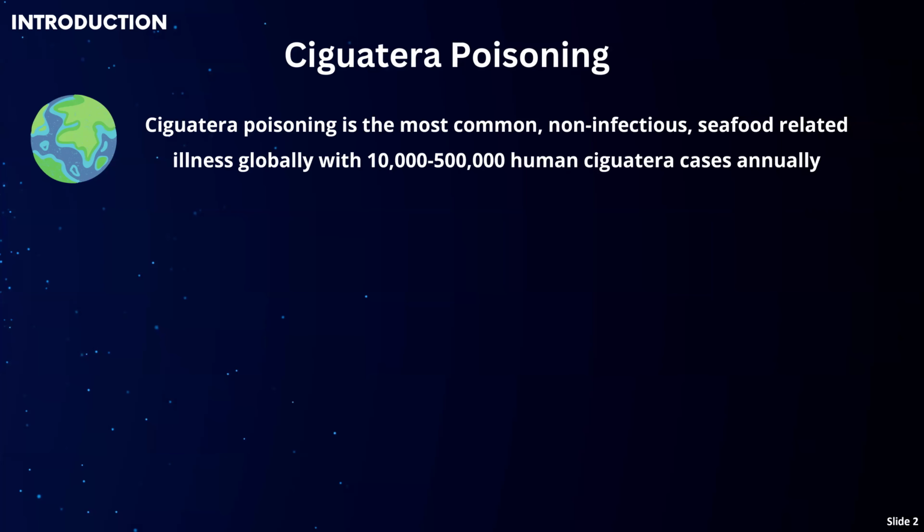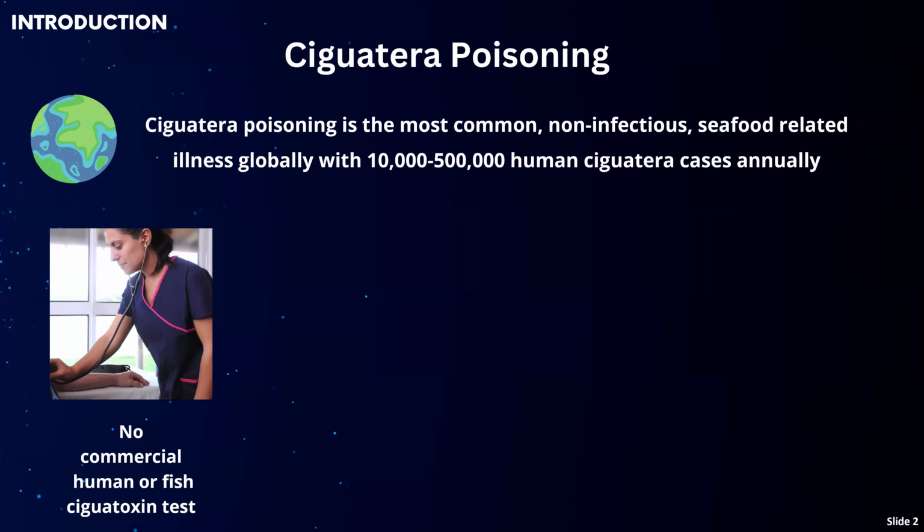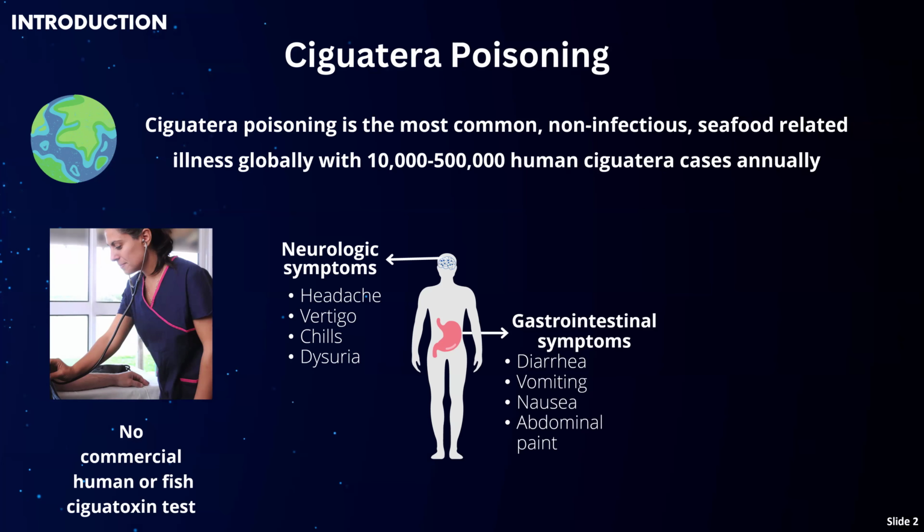Ciguatera poisoning itself is the most common non-infectious seafood related illness in the world, up to 500,000 cases annually, and we've got quite a big case range here, 10,000 to 500,000, because there's no commercial human or fish ciguatoxin test. There's over 400 different symptoms, neurological and gastrointestinal symptoms, and there have been fatalities before, and also devastating cases of